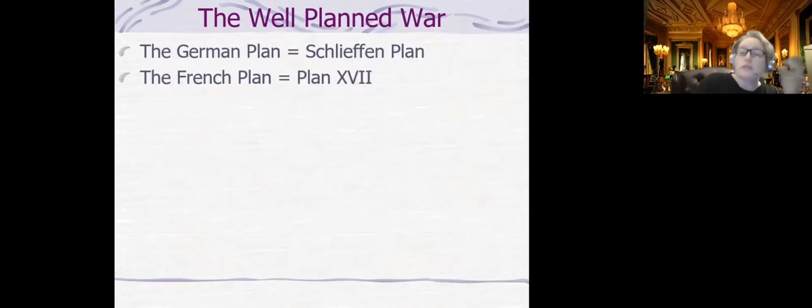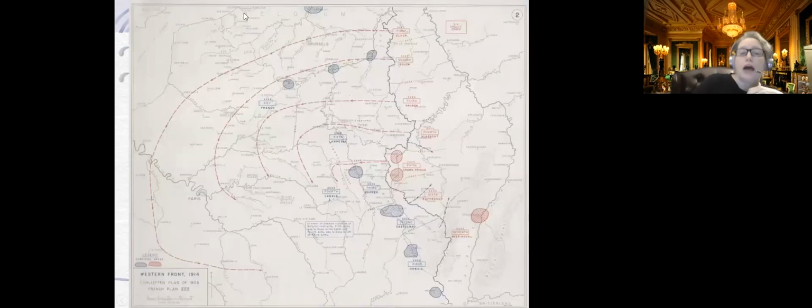The French plan is called Plan 17. The French plan had an idea of what the Germans were planning. It was something they knew. And so they began to come up with a plan that involved defensive fortifications through this area. But their plan also called for the finishing out of their defensive line to be six regiments coming from, in fact, Britain, and that it's not regiments, it's divisions, finishing out the French line.